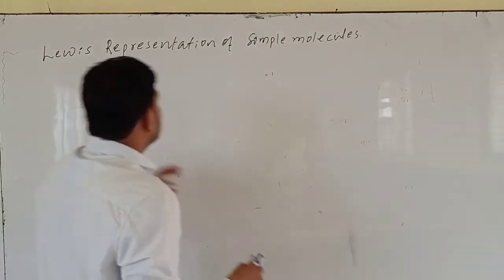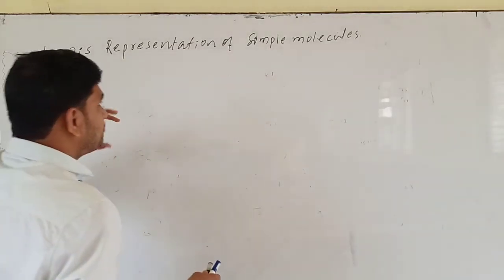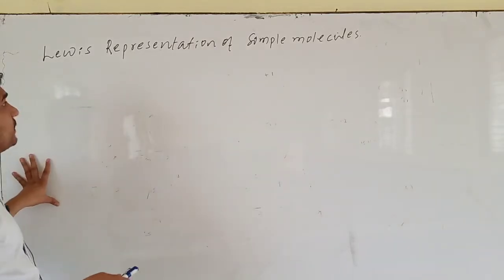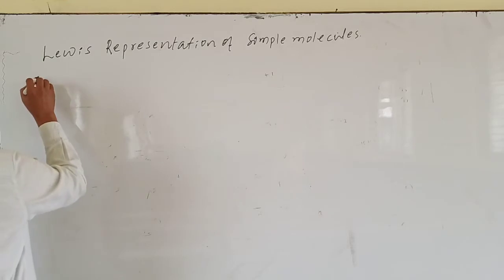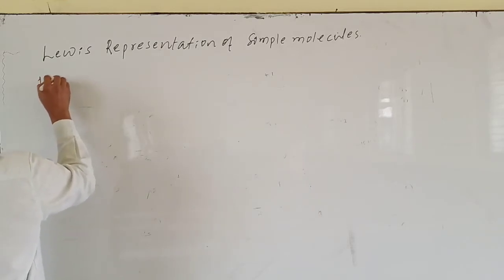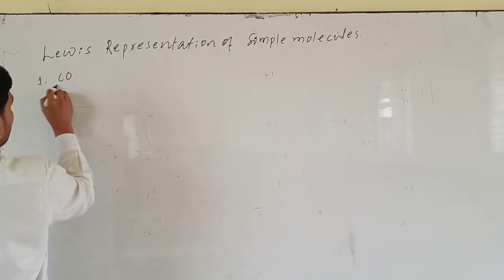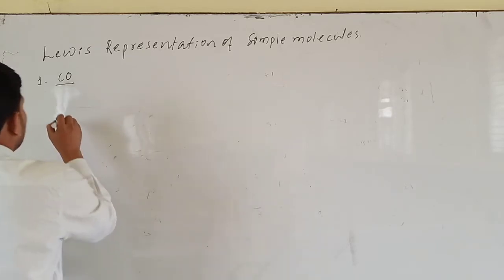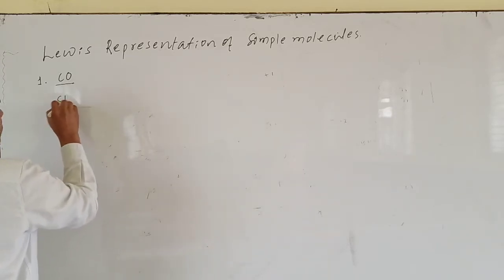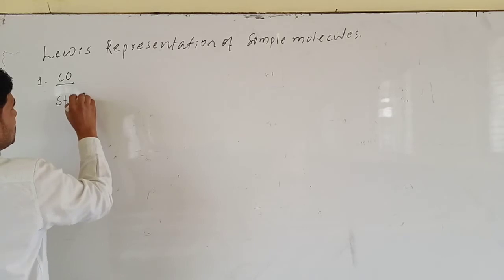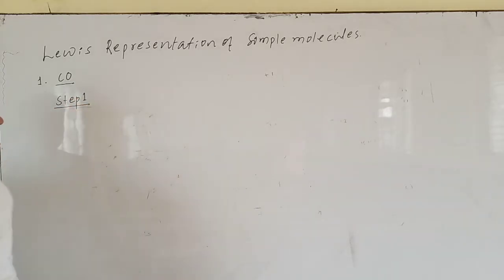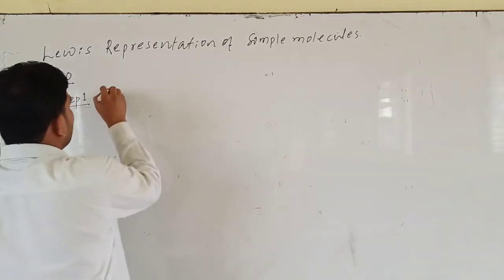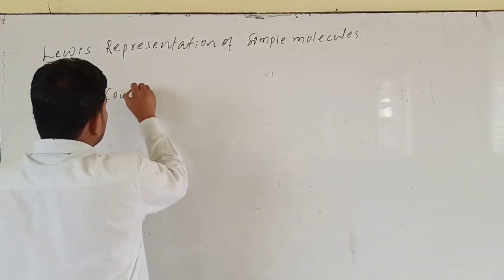In this class we will discuss the Lewis dot structure of ions also. The first molecule we will discuss is carbon monoxide. We will solve this one using different steps. Step 1 is count the